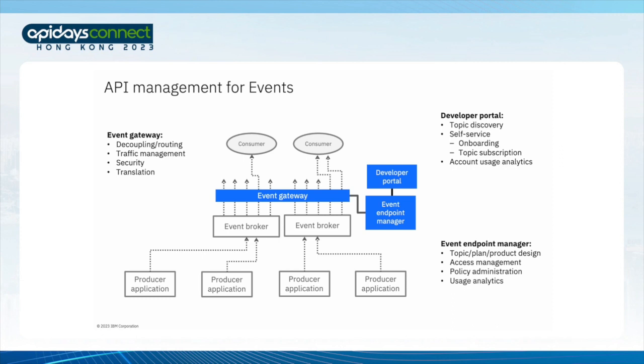We see API management evolving into this space. We see the evolution of API management bringing a huge potential for enabling new event-driven applications by making it easy for the owners of topics and streams of events to share them across the enterprise as we've been sharing APIs for years. We see the evolution of message queues and streams of events and topics as becoming other forms of APIs by reusing the same kinds of techniques that we've been used to with API management for years.